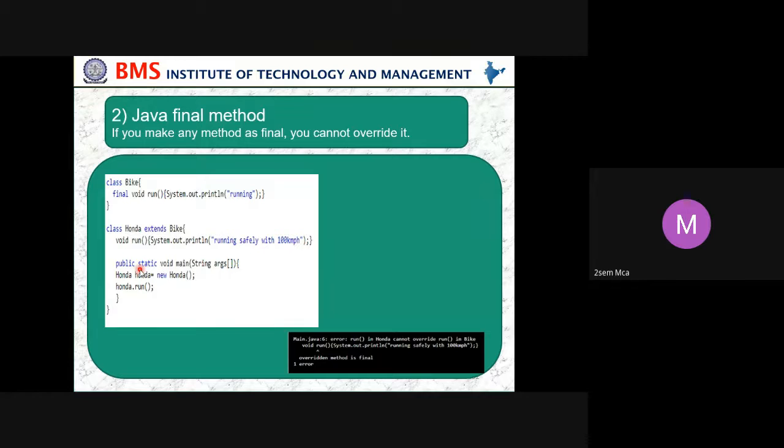Then we create an object and call the run method. Because we told the base class that run is final, and here we are overriding it and changing the display part, you'll get an error here.